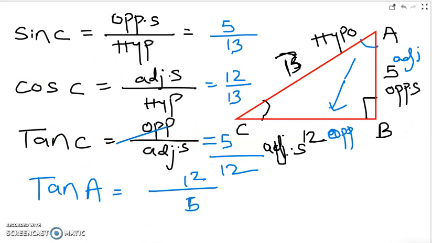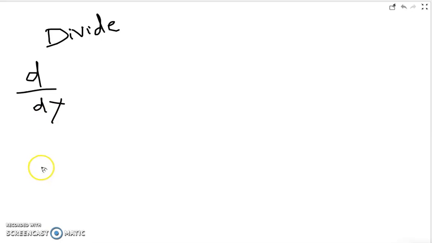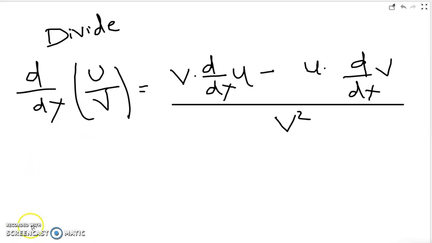In the same way, if we want to divide any two numbers, what should we do? Generally we take d by dx of u by v, where u and v are two numbers, one number and the other number. In order to derivate that, we write v square in the denominator, without derivation. V should be written the same.